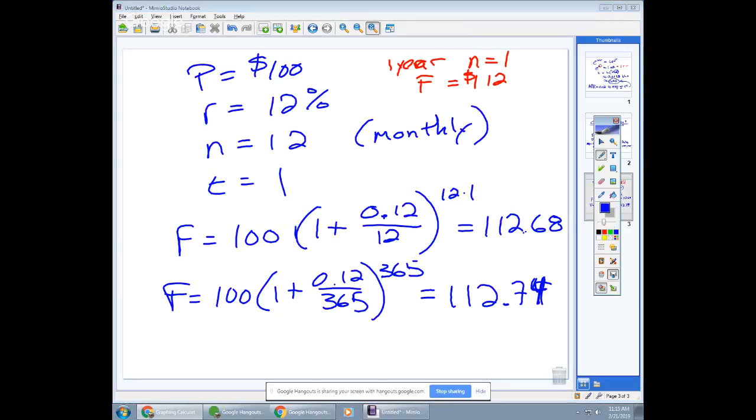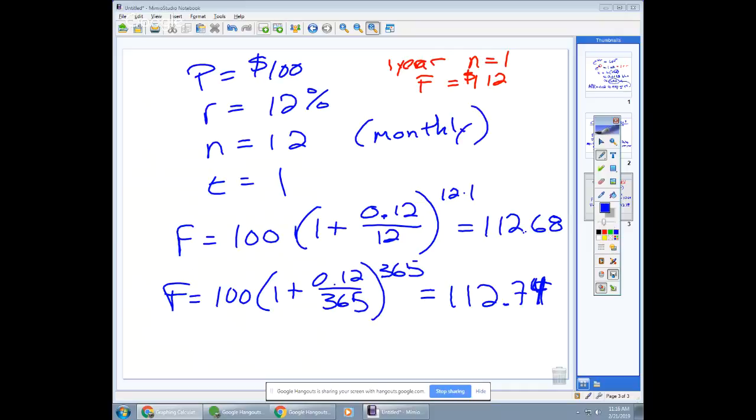So let's see, there are 365 days in a year. In a day, there are 24 hours. In an hour, there are 60 minutes. And in a minute, there are 60 seconds. So therefore, there are 31,536,000 seconds in a year. It gives it in scientific notation. Okay, so if I type that as my compounding period, it's just going to be 100 times parentheses 1